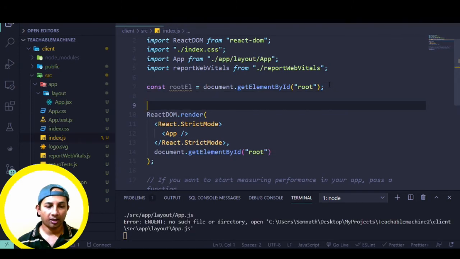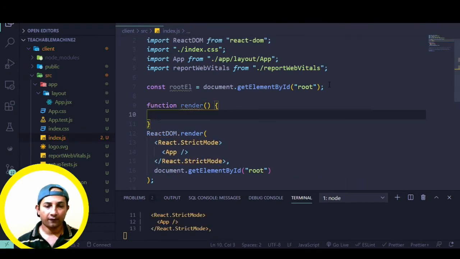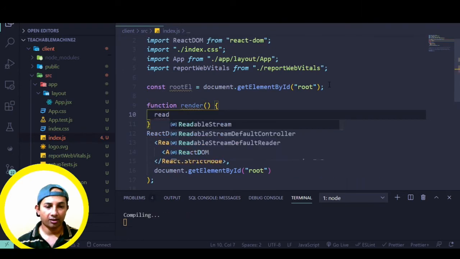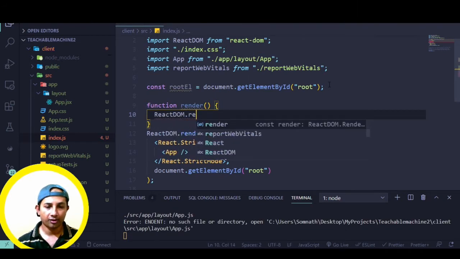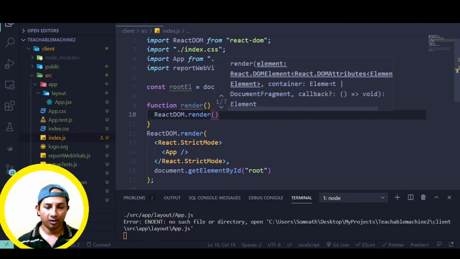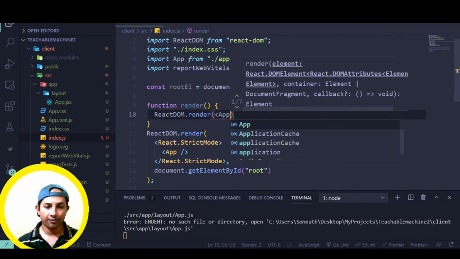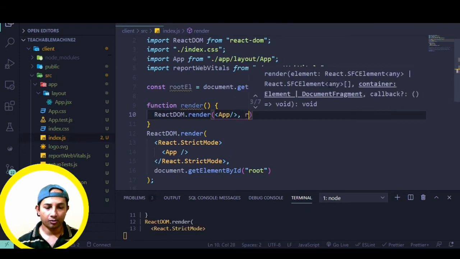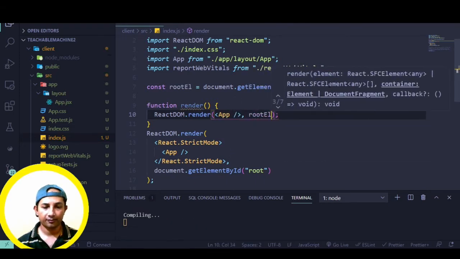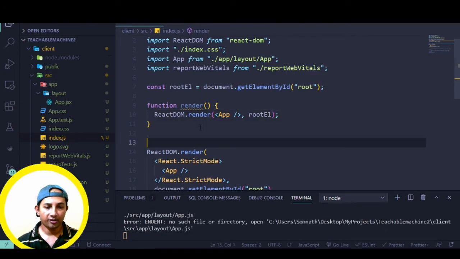Second thing would be I'll be creating a function named render, and the function will be starting with ReactDOM.render, and we'll just render App under the root element, that's it, and we'll just call this function called render. Okay,